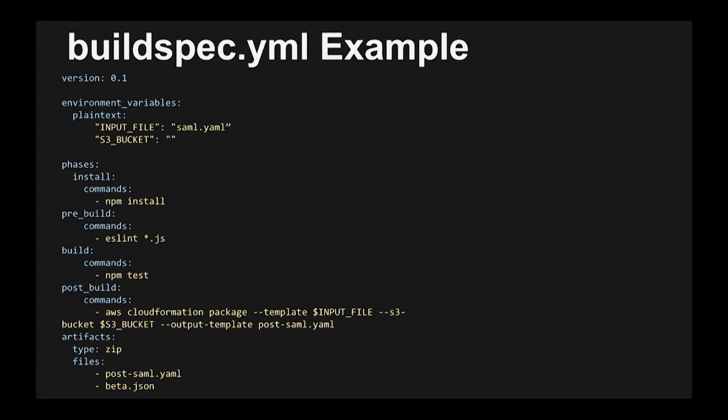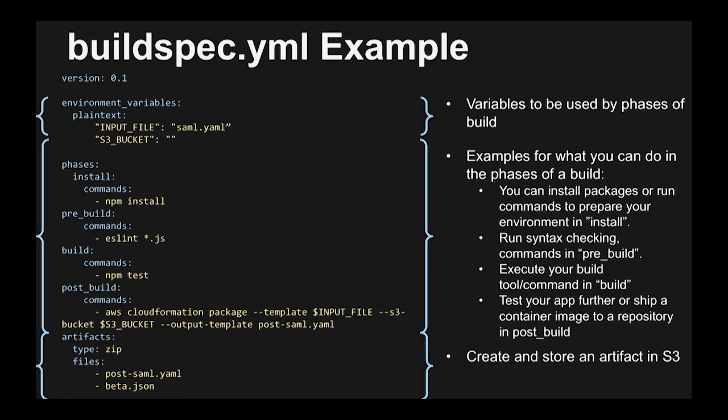I won't expect you to read this entire file. What I do want you to get from it is that there's a number of sections that are common for every buildspec file that exists. So at the very top, we have the variables that are used as part of the build. So basically shell environment variables that you would pass into the build as part of execution. We then have 4 phases that are listed here. So we have install, pre-build, build, and then post-build. And essentially what you see inside of that then are commands that are executed in each of those phases. So these will happen in a sequential order here, or technically it's a hard-coded predefined order.